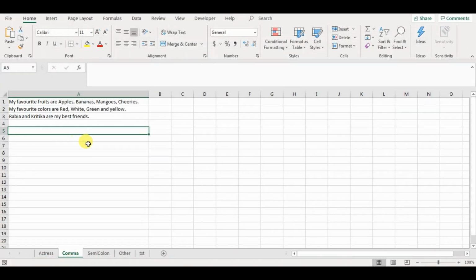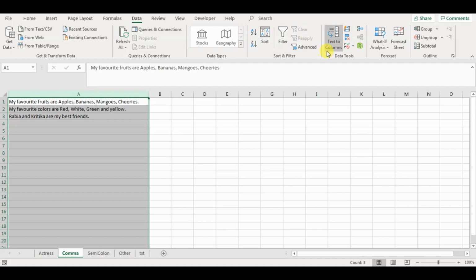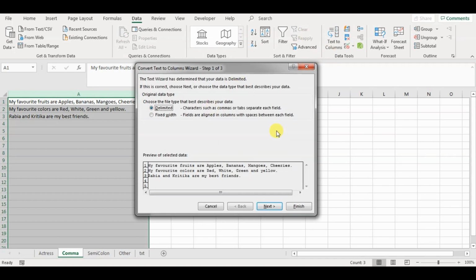Now similarly, taking a different example, here in the text, I'm talking about different types of favorite fruits and different colors, and I want to delimit the text into columns in a way that after every comma mentioned, the new text should be in a different column. Similarly, I would select the text I want to delimit, go to Data, Text to Columns, a pop-up would appear, I would select delimited, press next.